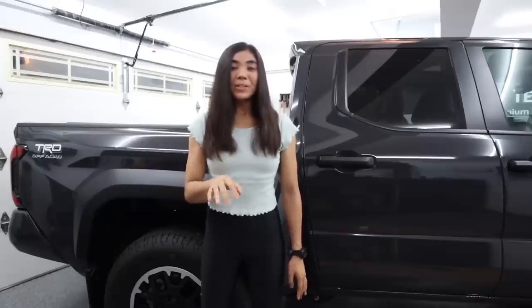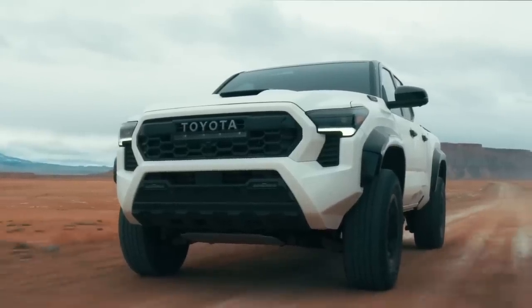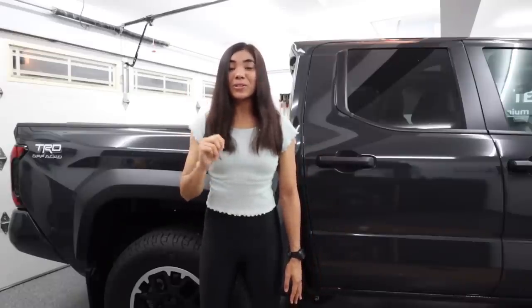You're goddamn right. Okay, but despite all this, even if you manage to skirt around the dealership markups and maybe even get some money knocked off of MSRP, it still doesn't take away from the fact that the price Toyota has set for these trucks is now pretty substantial. That's evidenced by my own purchase, but also, as I mentioned at the beginning of the video, a prime example is the TRD Pro, the halo grade of the Tacomas. Since the inception of this trim in 2015, I believe it has always been the highest priced Tacoma model offered in the lineup, but for 2024, it has reached new heights with a starting price of